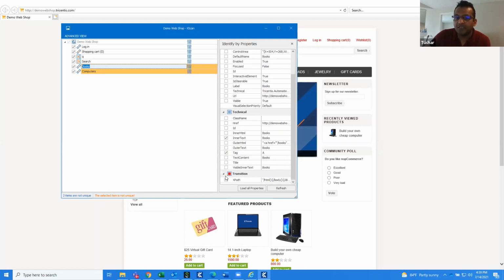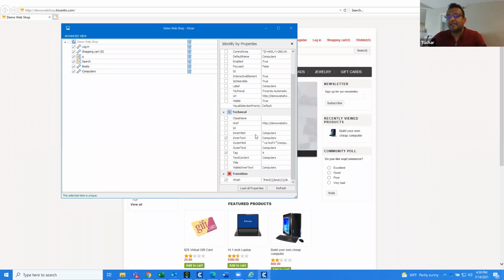So we can also go with the XPath. You can see here, as soon as I click the XPath, it becomes green. So that means this is unique. Computers, I can go with the XPath as well. So these all are a bunch of properties captured automatically, but Tosca recommends that mostly we go with the unique properties that will not change every time. Like some functionality we can see on the backend side, numbers like 1, 2, 3 or something like that. So let me click okay. So save,